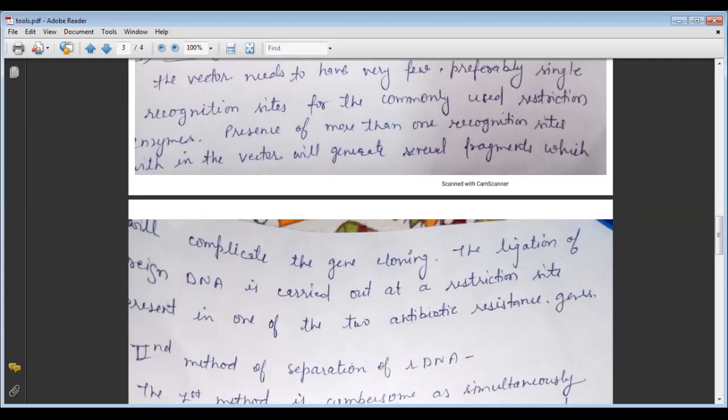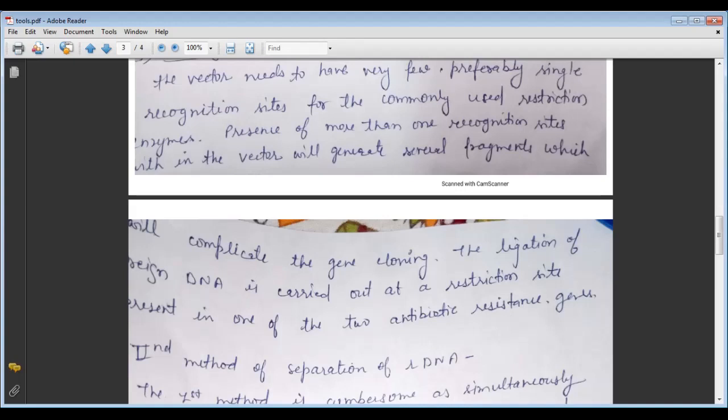अब ऐसा नहीं होता कि सारे एक ही एंजाइम सब पे सारी साइट्स पे अटैक करेगा, तो उसके लिए क्या है, अलग अलग restriction sites present हो जाते हैं. ठीक है, तो here we can see the restriction sites also present here. So the sequence of the vector is recognized by the restriction endonuclease enzyme, and one vector should have multiple cloning sites. Okay, and one cloning site for each restriction enzyme.